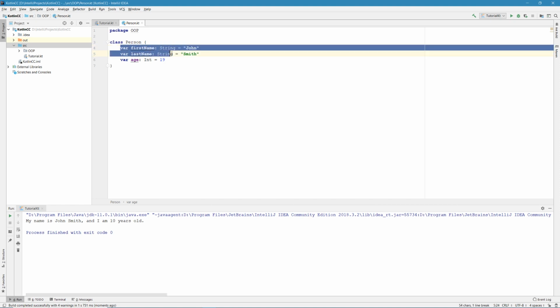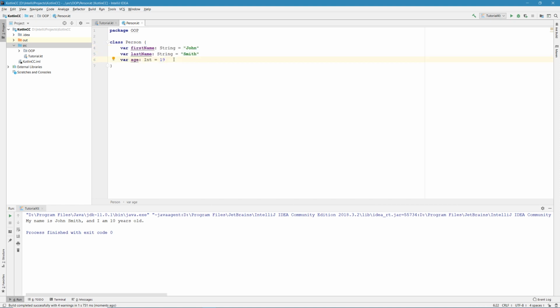Now that's the old-fashioned way. That's the Java way of defining properties. In Kotlin, we can actually do all of this in one line of code. So that's to use the primary constructor right after we define our class name. So let me show you how to do that. In order to use the primary constructor, we can say constructor after our class name,